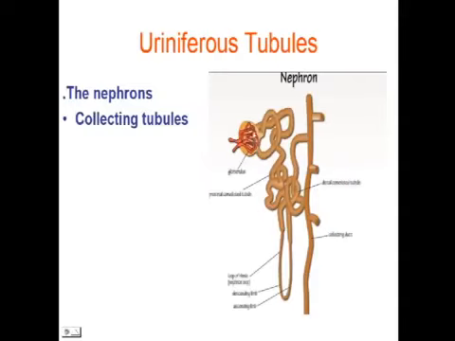This is the Bowman's capsule. You can see this is a glomerulus, which is a tuft of capillaries. There is an afferent arteriole and there is an efferent arteriole. This is the vascular pole of the glomerulus or the Bowman's capsule, and this is the renal pole. So this is a tuft of capillary. The afferent arteriole enters into this cup-shaped structure and it divides into 4 or 5 main branches, and these main branches, the arterioles, give rise to the capillaries, which then again reunite to form an efferent arteriole.